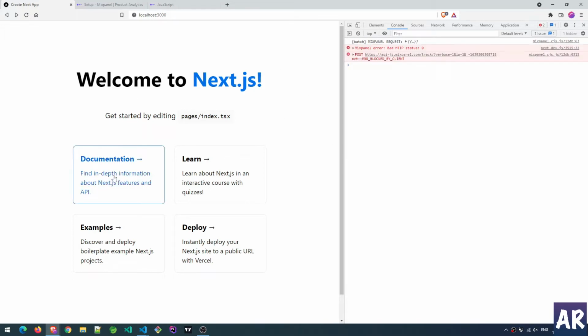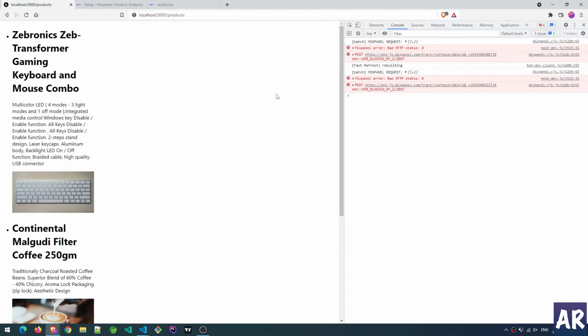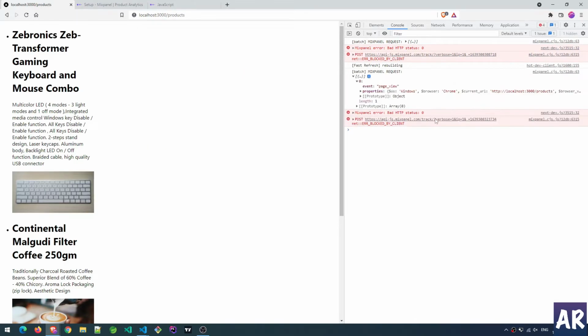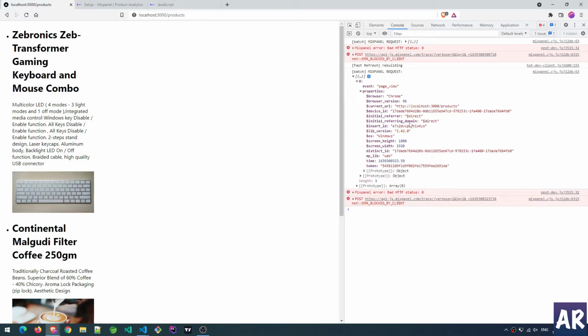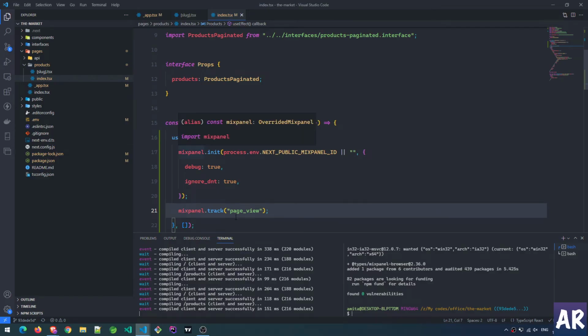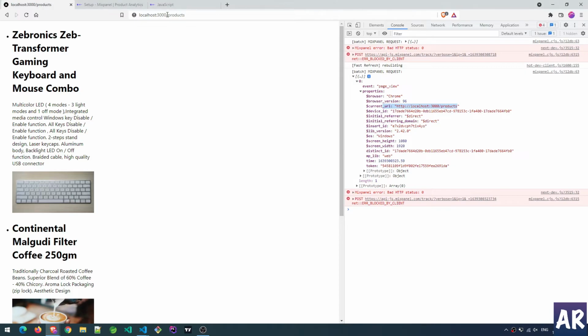And now let's try to go into the products page. And we have one more Mixpanel request, which is a page view. And let's see what are the properties. The property says the current URL is /products. So that's good news, because we are now able to track different page views on different pages. Yes, we are doing a lot of code in here on every page, which is something which we'll need to handle. But before that,